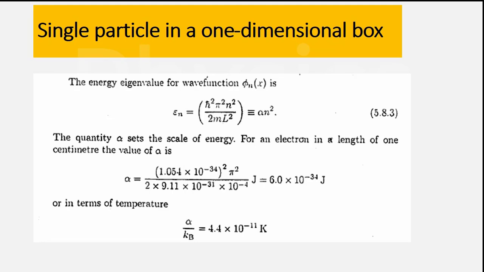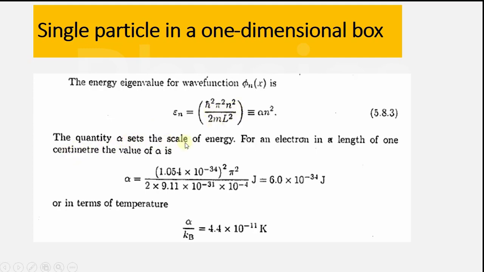We already studied the particle wave function, but here we will study the energy of the wave function, which can be represented by E_n. This is the formulation we use to find the energy eigenvalue for the wave function. Psi n is the wave function we already studied. This is the formula in which we put the values and get our result. These values are very simple, and we already studied them in detail.